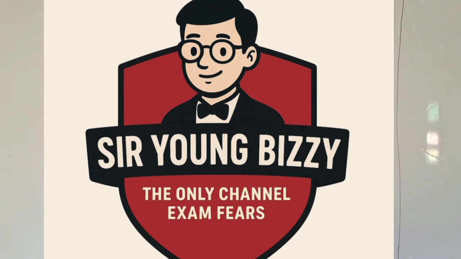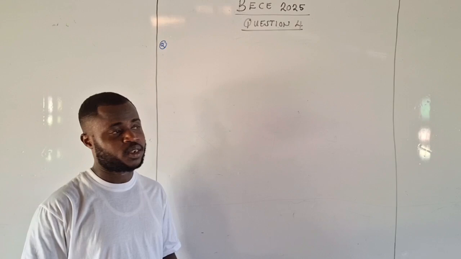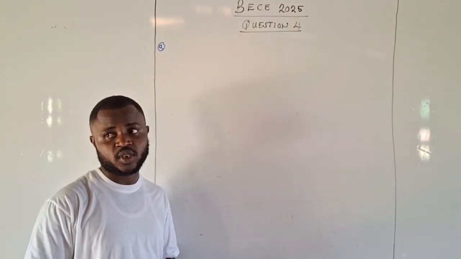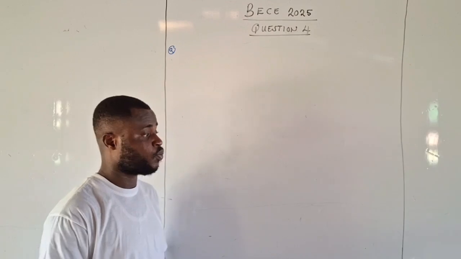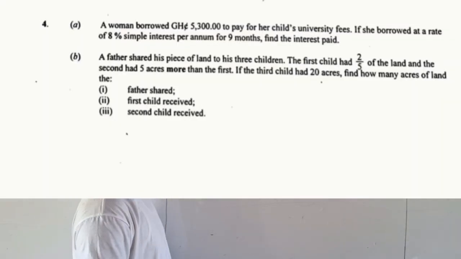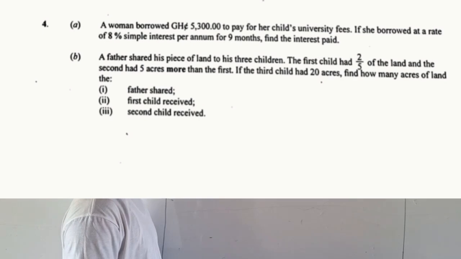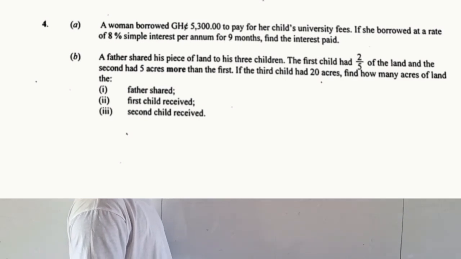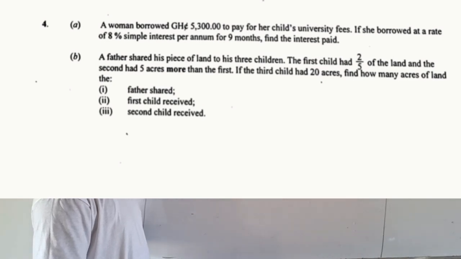Today we are going to continue our series on the BECE 2025 Mathematics past questions. Today we are going to quickly go through question 4. Question 4, as posted on the screen: a woman borrowed 5,300 Ghana cedis to pay her child's university fees. If she borrowed at a rate of 8% simple interest per annum for 9 months, find the